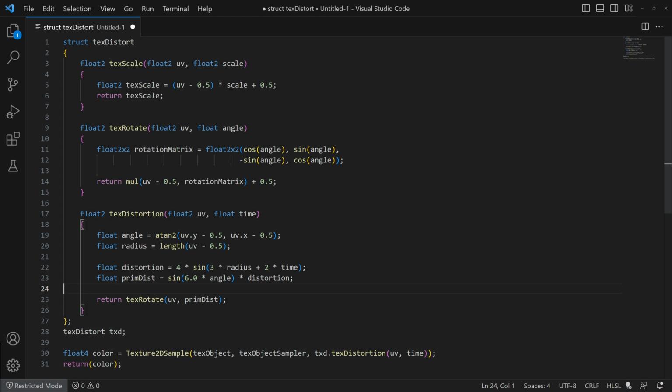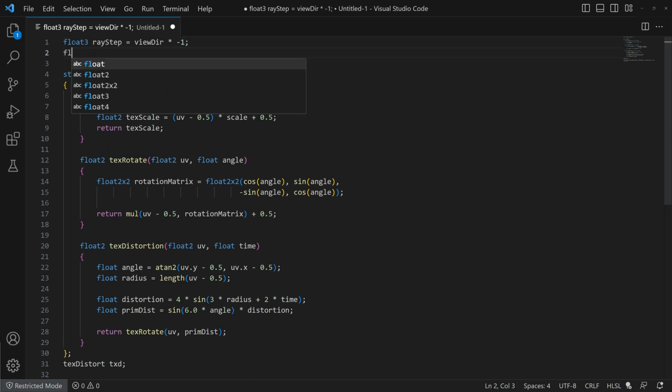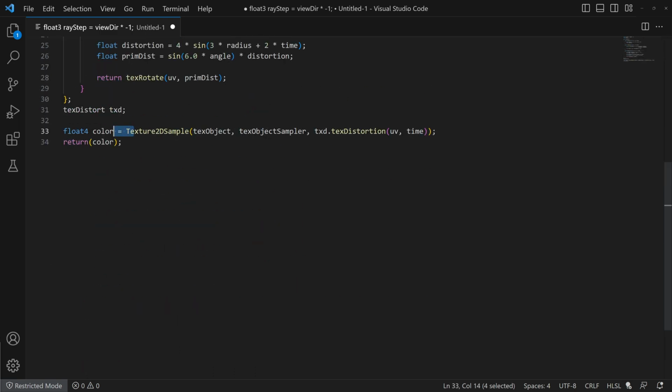Now, if we want to take this one step further, we can have textures like this that kind of are mostly procedural in a way. We can input a texture, we can distort it through our code, through our functions, and then we can Raymarch it in depth. So we've Raymarched things before in our previous video, but if we want to do that with this pattern, what we could do is go up here, define a float3, which will be our ray step. It'll take our view direction, we'll have to create a variable for, times that by -1, and then I'm going to define our color variable,